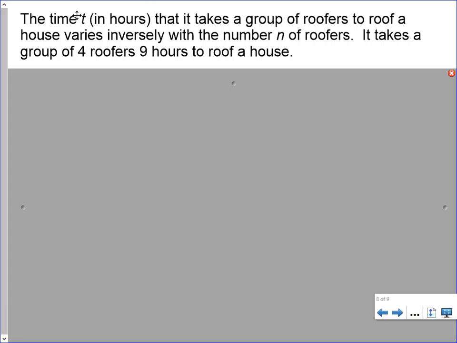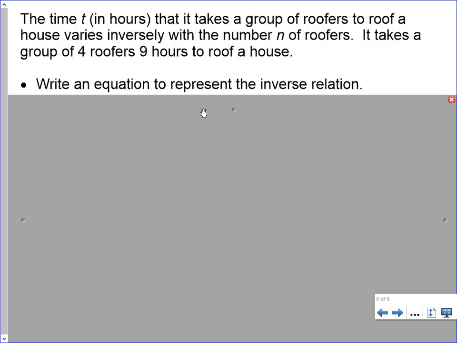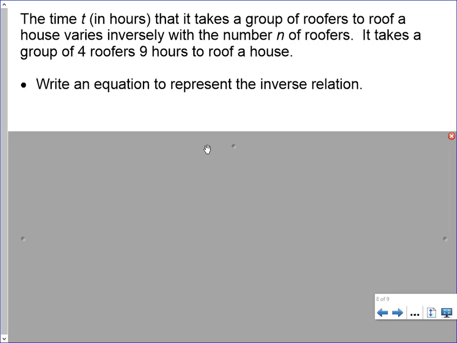It says, the time t in hours that it takes a group of roofers to roof a house varies inversely with the number n of roofers. It takes a group of 4 roofers 9 hours to roof a house. Write an equation to represent the inverse relation. Okay, so what I would start off with is